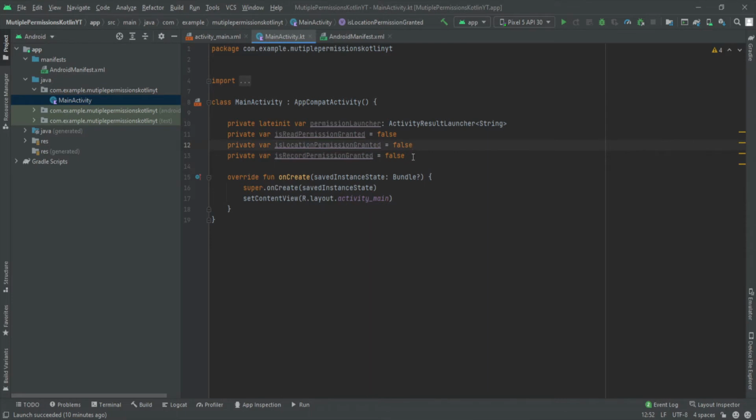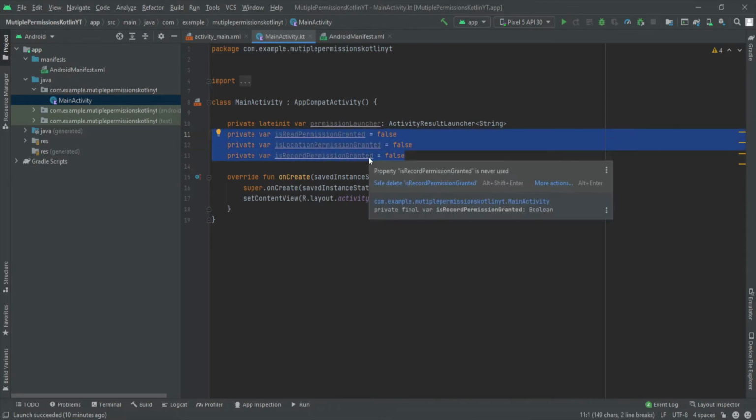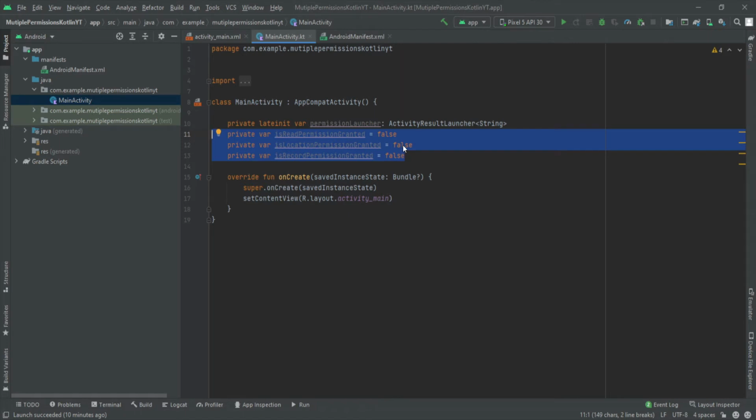So here you can see that we have declared four variables. These three variables are just to identify if we have been granted the permission or not, right? If the value of these is false, that means that permission has not been granted. And similarly, if it is true, then that permission has been granted, right?